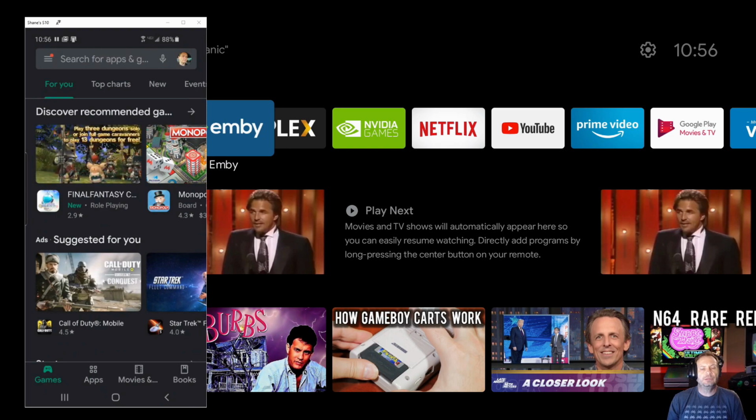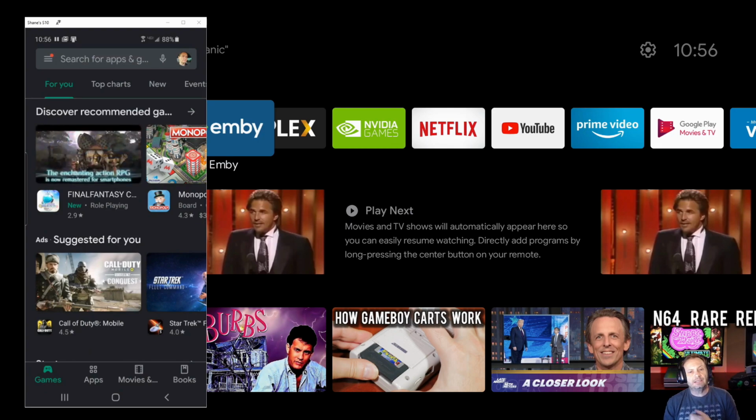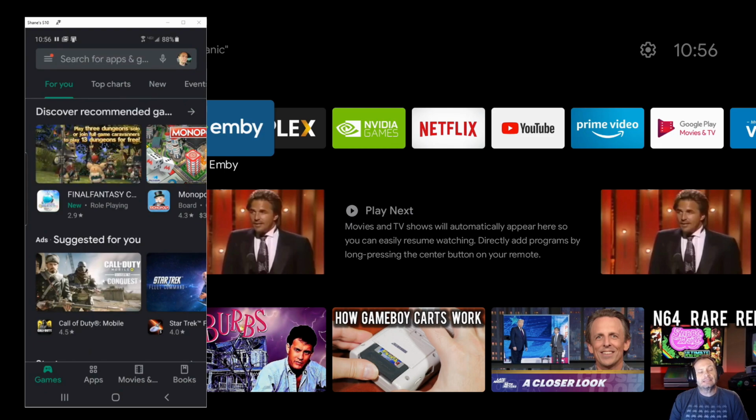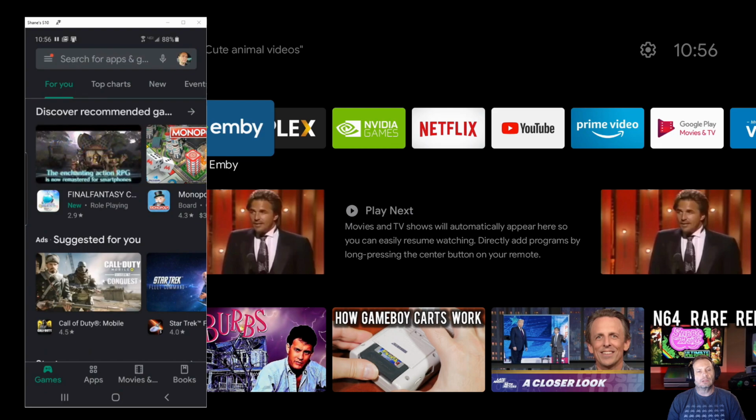and today we're going to be showing you how to get the Xbox Game Pass app running on your Android TV. In this case, it's a Shield TV from NVIDIA, and that will give you access to cloud gaming. So if you have the Game Pass Ultimate, then you'll be able to stream games like Mortal Kombat 10 and Gears of War 5 and all of those other great games that are on your Game Pass right on your Android TV. Now, Microsoft, of course, said that it's not supported, but just because it's not supported doesn't mean it doesn't work.